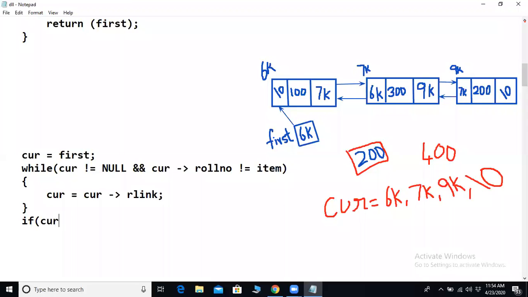If cur equals null, will this condition be true now? Item is 400, so cur is null. In this scenario, what do you need to do? printf item not found. Exactly.